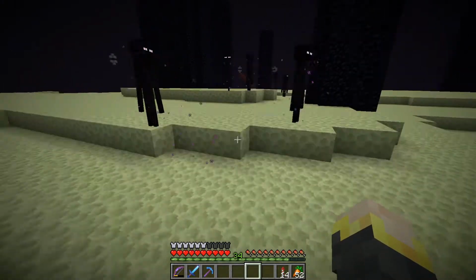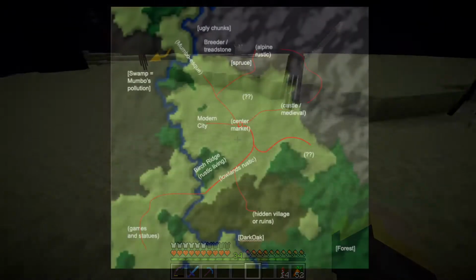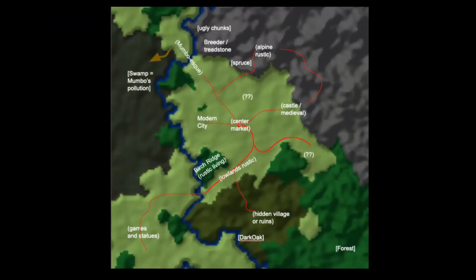And what we decided to do is make a map, and here is that map. So as you can see, we've taken the time to map out what we wanted where, and in just a second we're going to pop out right in that center market. There's a nether portal right there that I'll mention later. So as you come out of the portal, straight to your west is the modern city area, and if you take